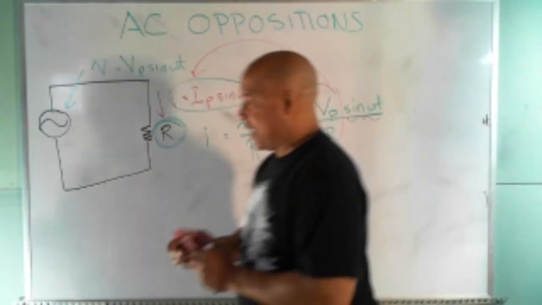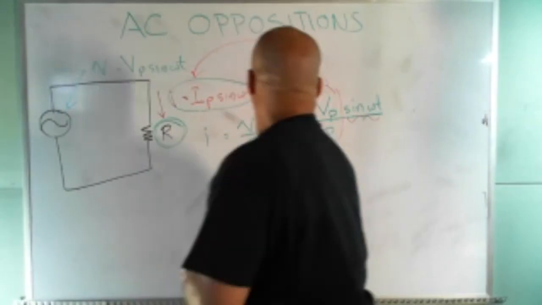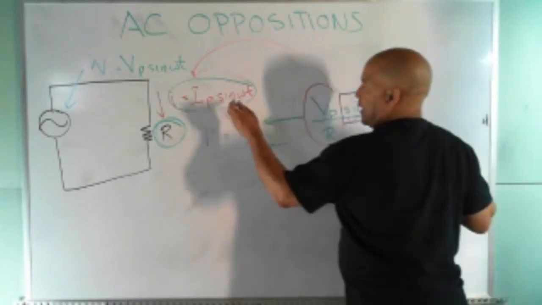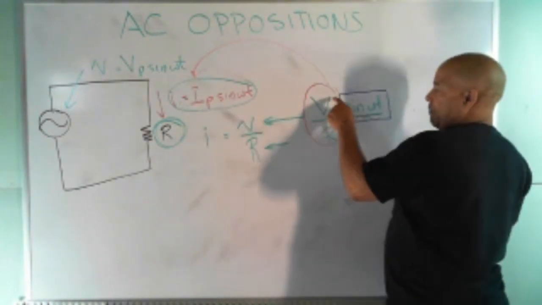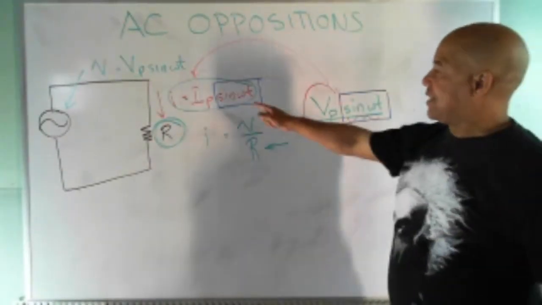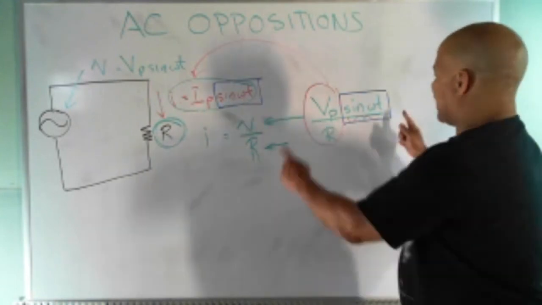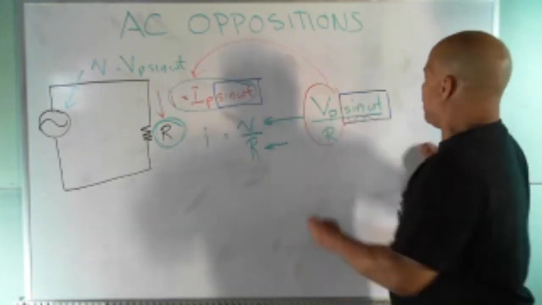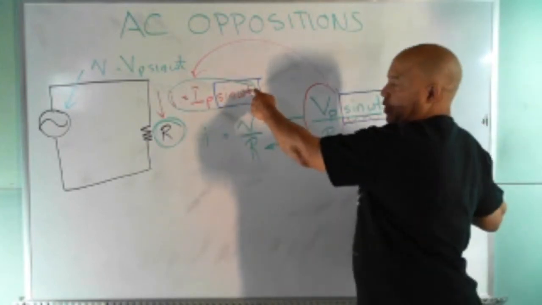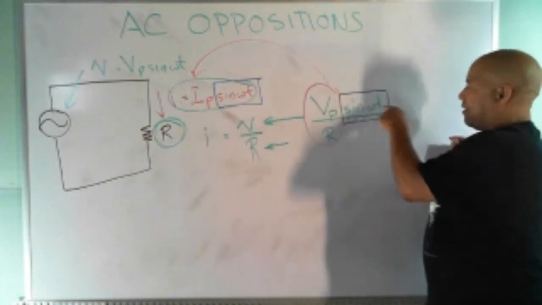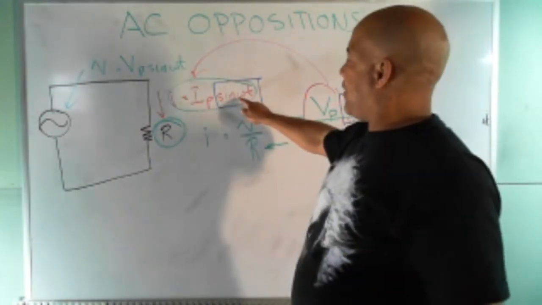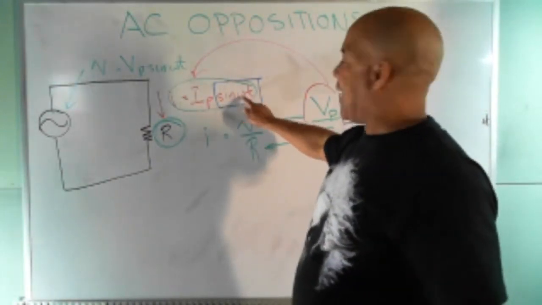That when I look at the original voltage waveform I started with, I look at this part of it, and the new waveform I get by dividing V by R, I get current. I look at this part of it, they're exactly the same. They have exactly the same angular velocity, and they have exactly the same phase angle. In this case, it's 0. If I had a phase angle here, like plus 30 degrees, that phase angle would be transferred over here. When I do this division, it doesn't affect any part of the sine. So what that means is that they have the same angular velocity and the same phase angle,